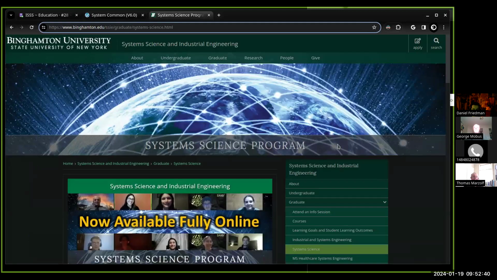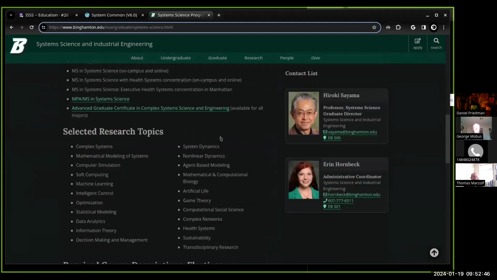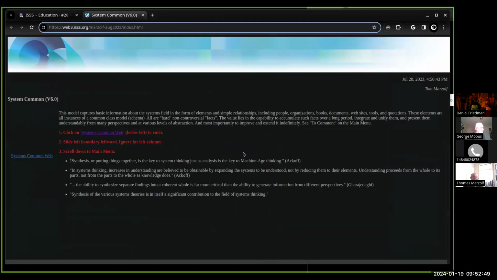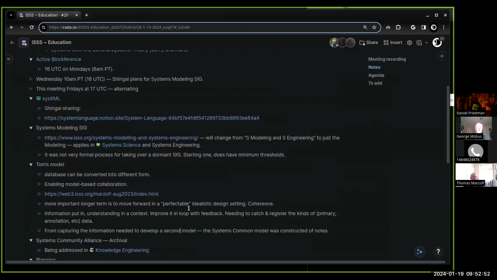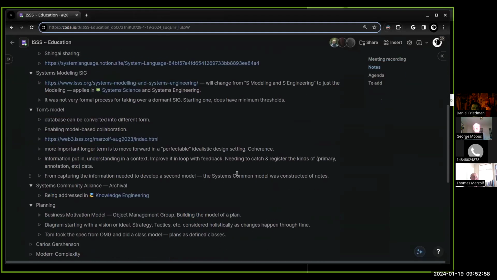Isn't there a famous system scientist who was a professor at Binghamton? Was it George Klir? Klir, exactly. Would it be fair to say that Binghamton is leading systems education, US and worldwide almost? US, definitely. I think Portland State University would be the other competitor. I don't know, George, if you have any thoughts, but when I was looking at options, Binghamton seemed like the best for me. Yeah, the program at Portland State has been largely